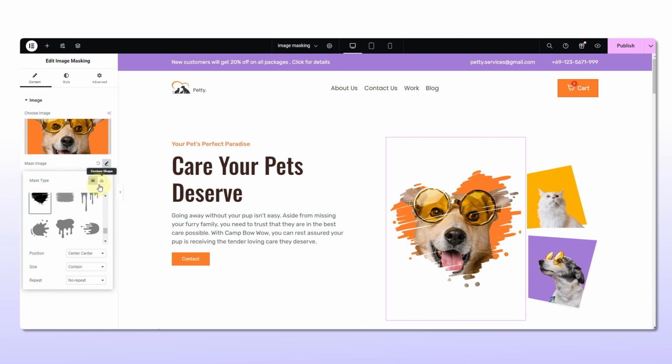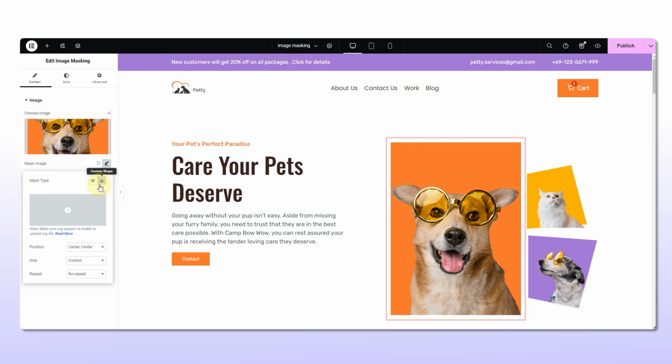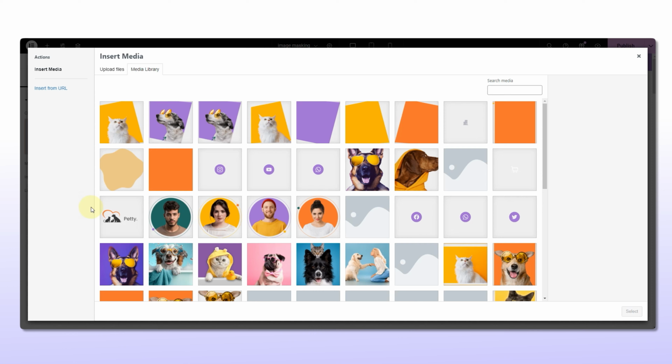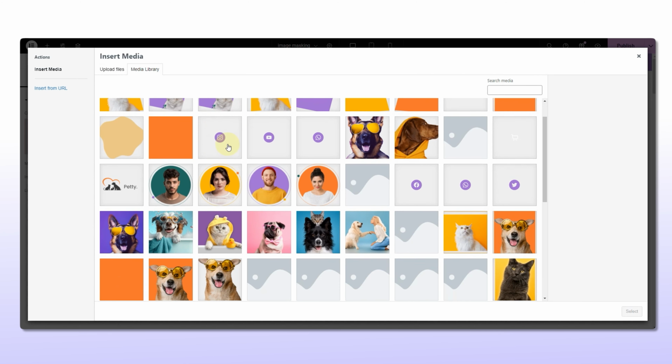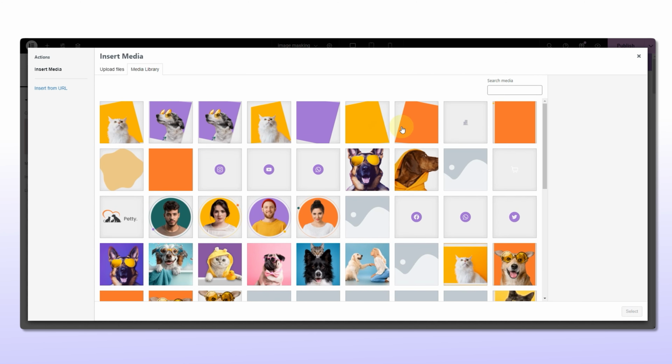And if you have a custom shape that complements your theme, click on this custom shape icon. Just like with the image, you can select from the media library, upload from your desktop, or use the URL. Now you can ditch the boring square images and get creative with just a click. I have the perfect custom shape in mind for this image, so I will select that now.